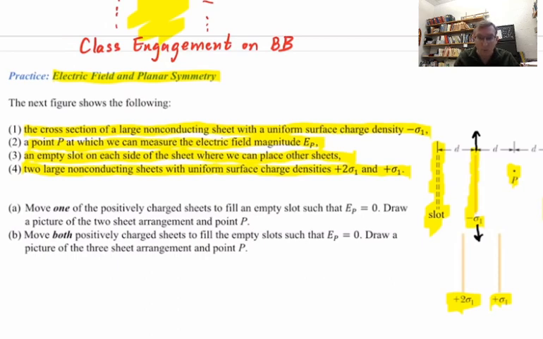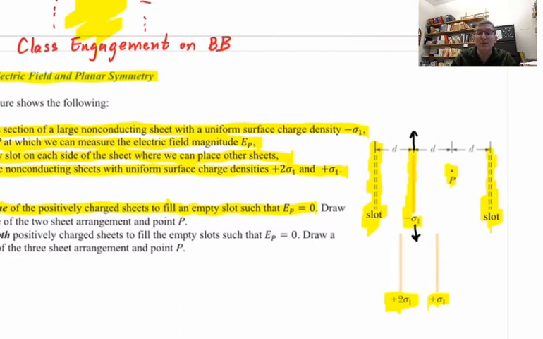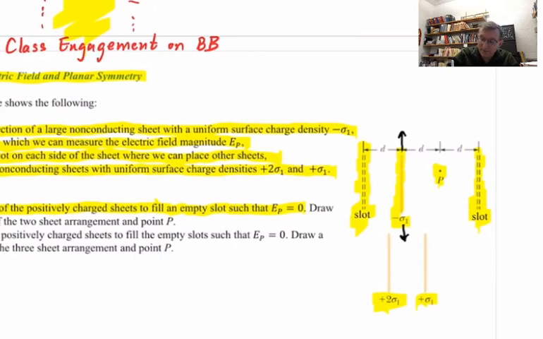Move one and only one of the positively charged sheets to fill an empty slot such that the electric field at point P is equal to 0. You've got to decide which of those 2 positive sheets down there is to be picked and which slot it is to be put in such that the total electric field right there at point P is equal to 0. Okay? Which sheet and which slot should it be put in? And then,